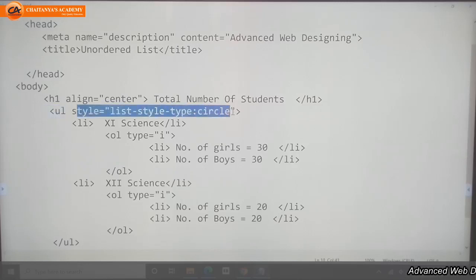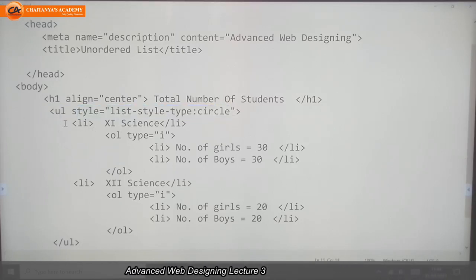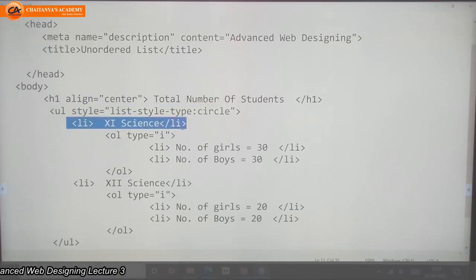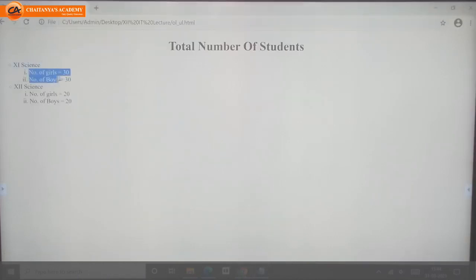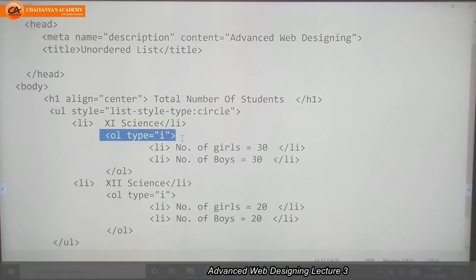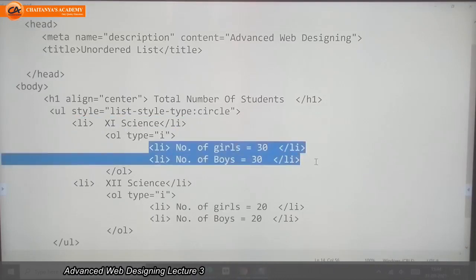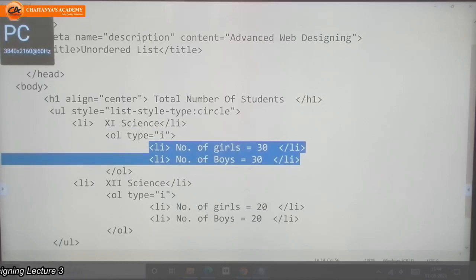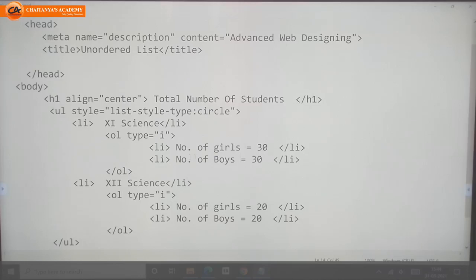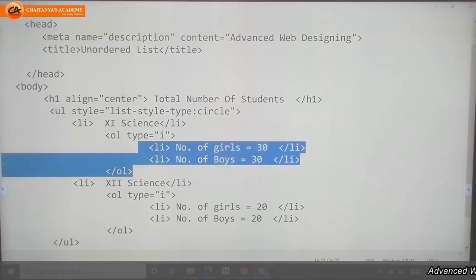I want to display the symbol as a circle, so a style attribute with the circle value, and our list item with 11th science. Then after 11th science, I again listed two list items with numbers. Inside that I used the ordered list tag with two list items: number of girls 30, number of boys 30. So these two list items, and I finished my ordered list here.